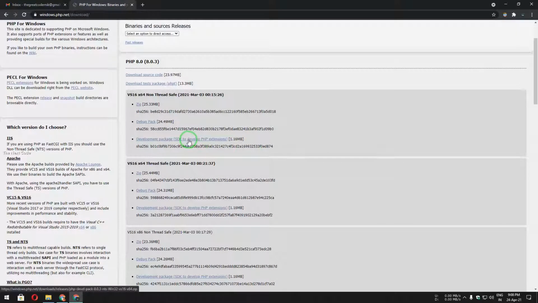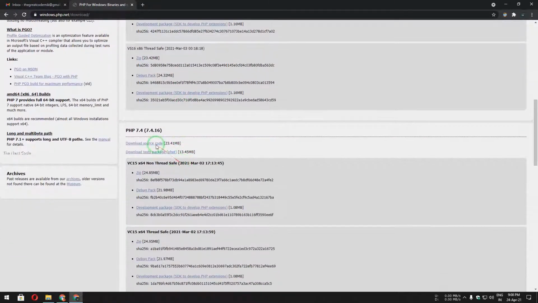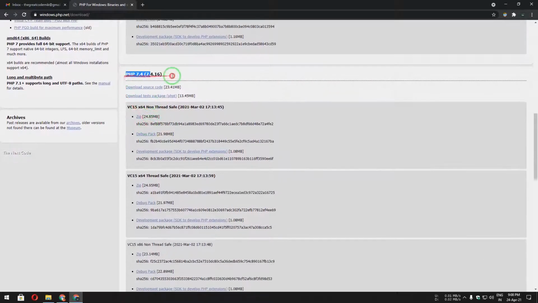So yeah, let's upgrade our PHP version to this latest. Inside this version 7.4.16 you can see there are two sub versions available. The first is non-thread safe and the second is thread safe.